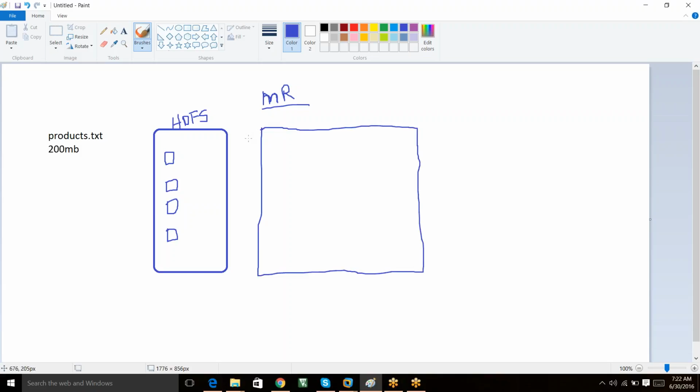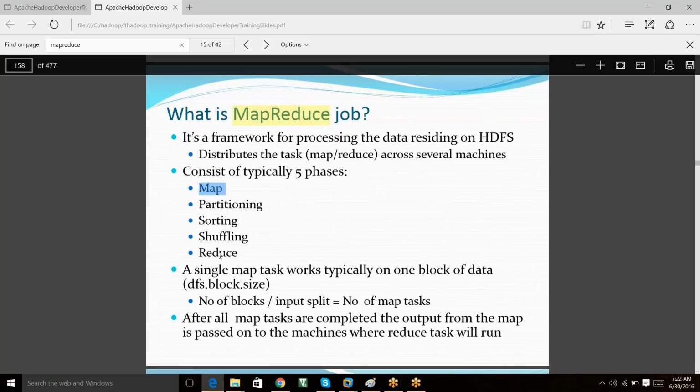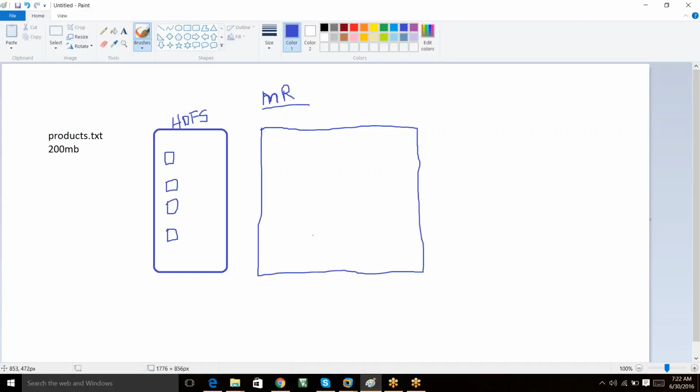So in MapReduce, what is the first phase? Map, right? The last is reduce. In between, partitioning, sorting, and shuffling will be there. So when we start with the map task, the first map task will execute. Now there are 4 blocks of data belonging to product.txt, so 4 maps will start. Once map is completed,